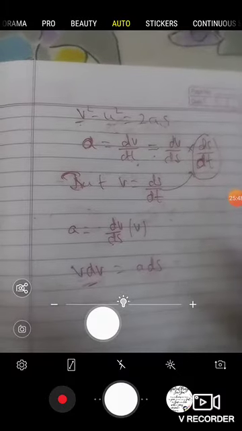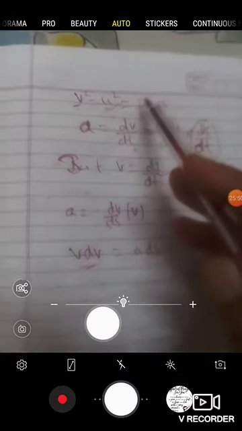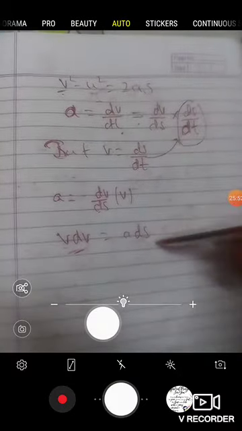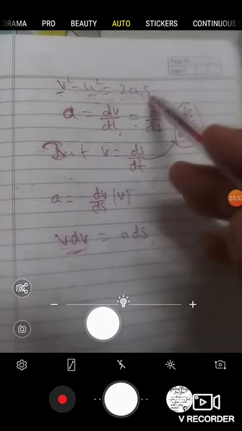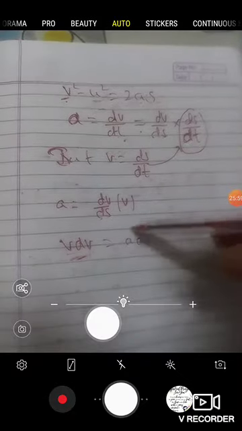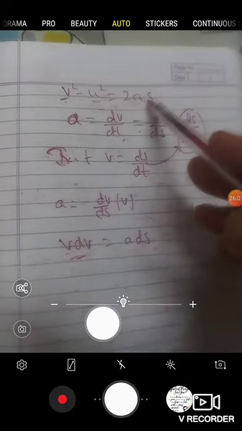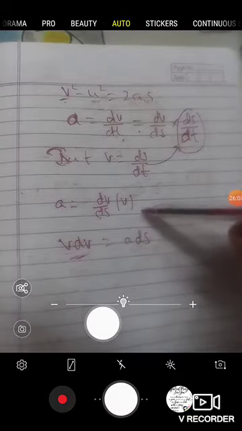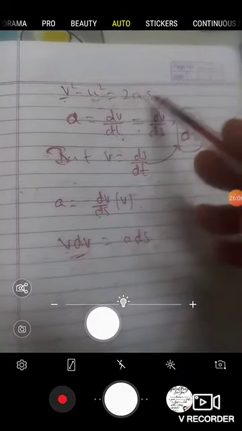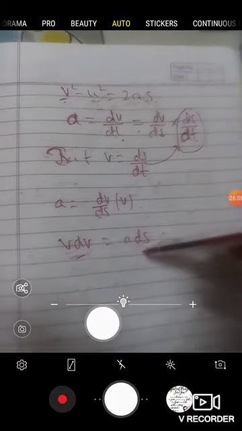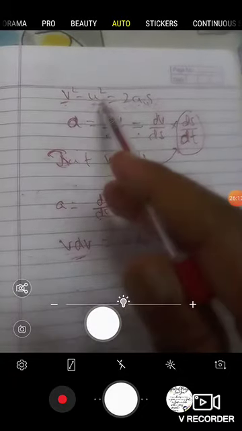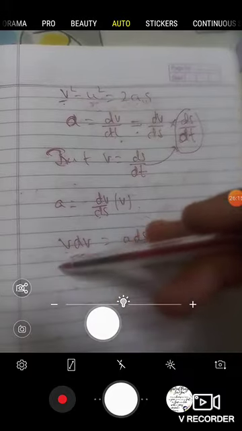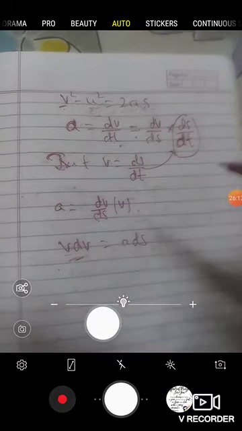Clear? But if we go to this side, here is only a ds and here is 2as. So if I want to integrate this ds, I will directly get s. There is no s2 and no s1 here. That's why I will take lower limit as 0 and upper limit as s. But here I want upper limit v and lower limit u. So I will put here lower limit u and upper limit v, as I am showing to you guys.